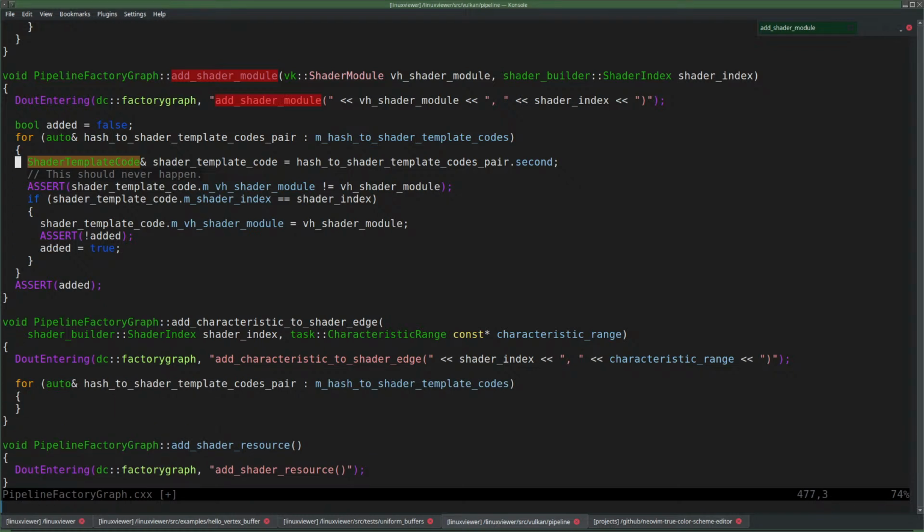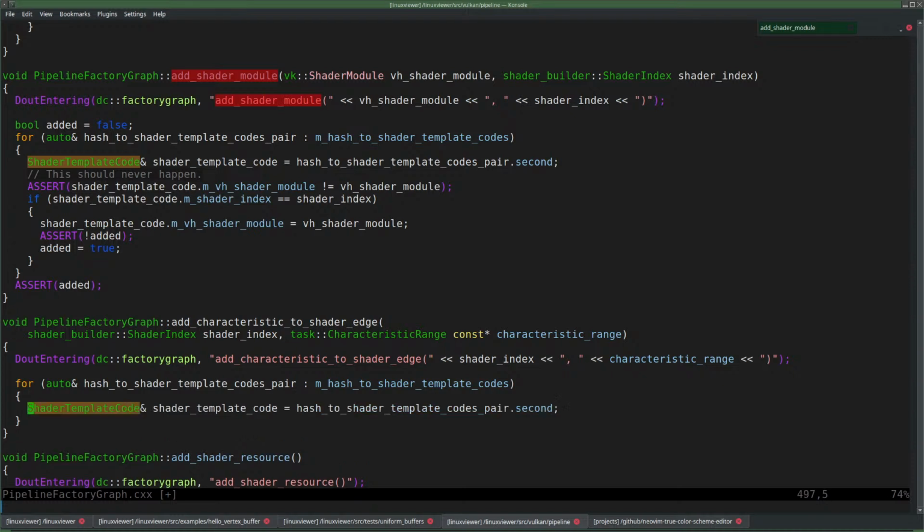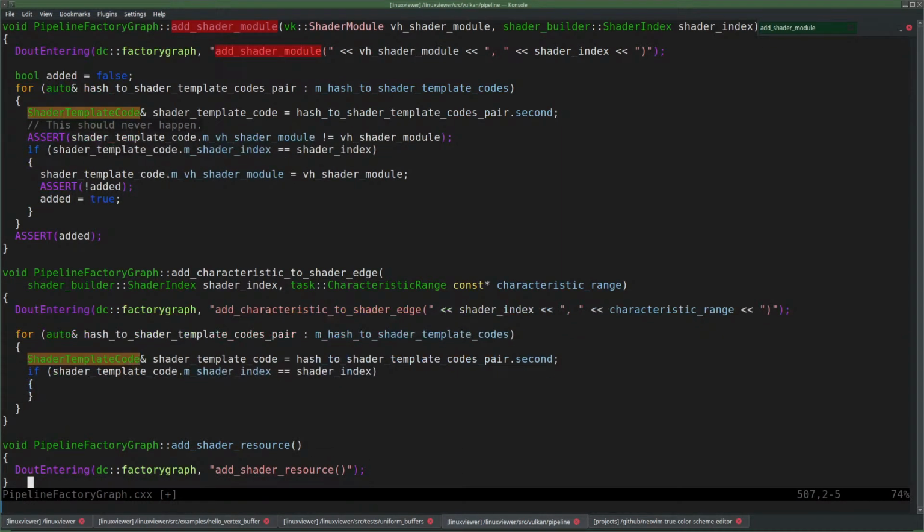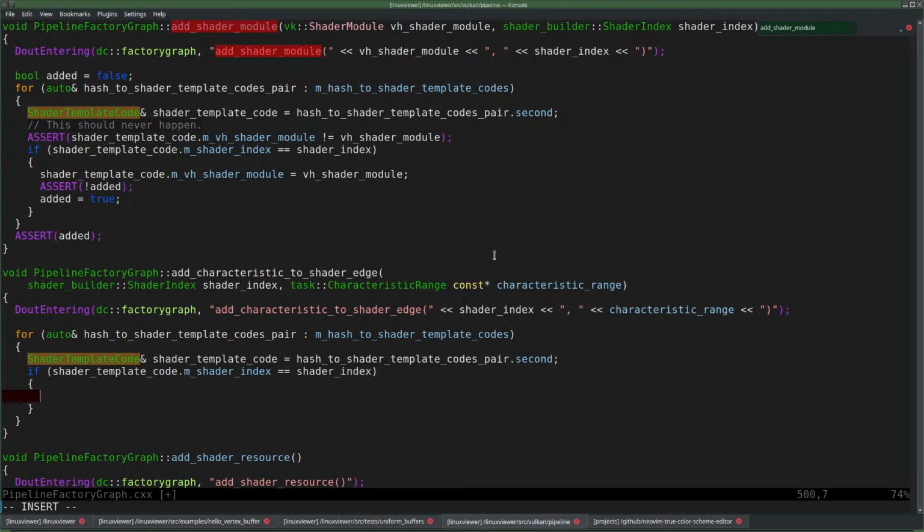And then that to get the template code. Now I'll do everything here already. Okay, so we find the one with the correct shader index, and then